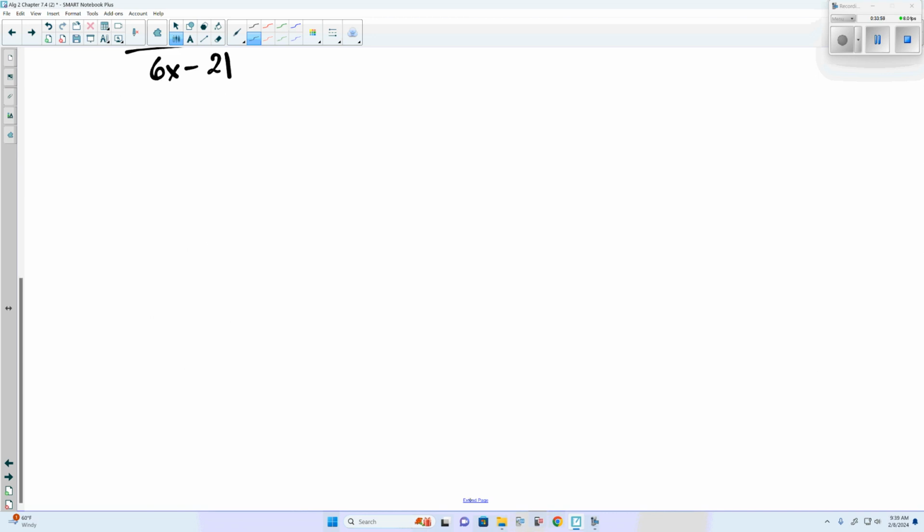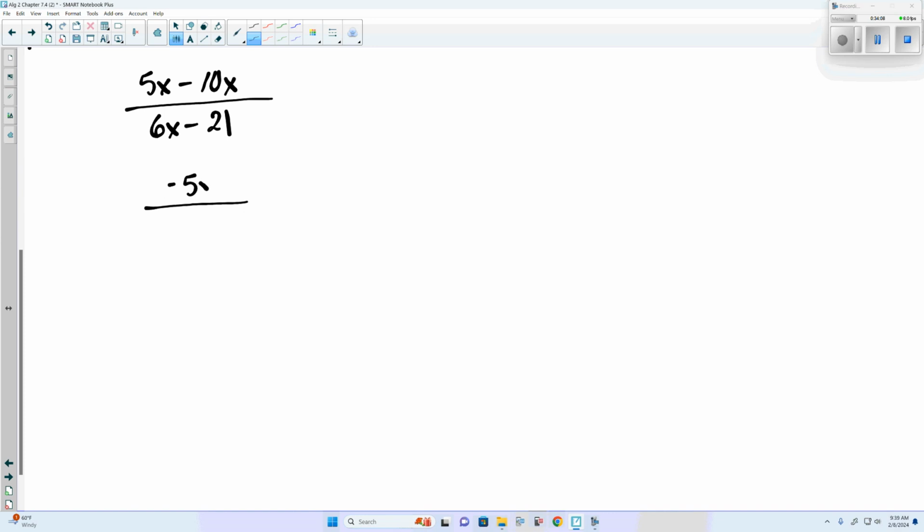Now we can do 2 things. First, the numerator, 5x minus 10x, negative 5x. Now we're going to also look at the denominator, 6x minus 21. Are they like terms? No. Can I simplify it? We can factor out a 3. And if we factor out a 3,